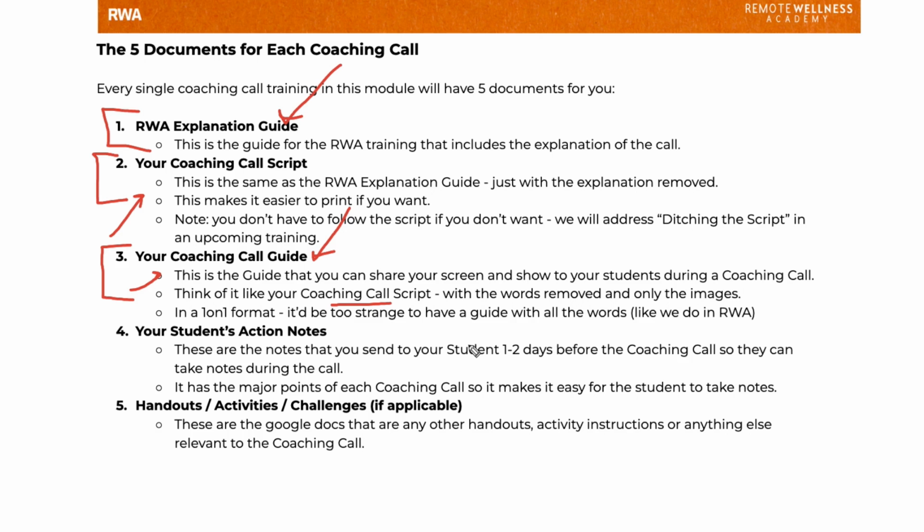The reason we do that is because in a one-on-one format, you don't want to be giving out a guide the way that we give out guides in our hybrid classroom. In our hybrid classroom, our guides have all of the text, literally word for word everything that I'm saying. However, in a one-on-one format, imagine if you were to share your screen and then all of a sudden all the words that you're saying are listed on that document. It's a little bit weird, right? That's why we don't share screen on the coaching call script. That's mainly for you in the one-on-one setting, but then we have a separate document that has the images with all of the script removed, so that you can actually show that to your student. That's the difference between one-on-one and hybrid, specifically for guides.